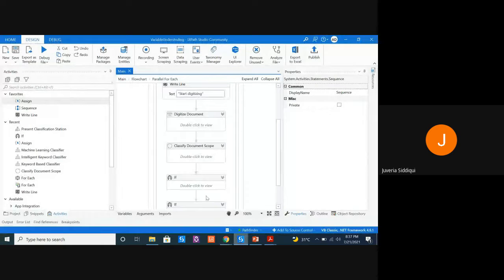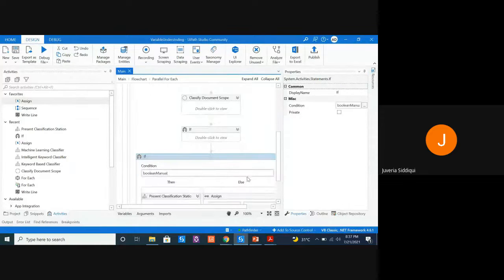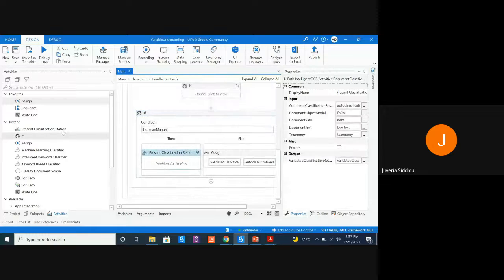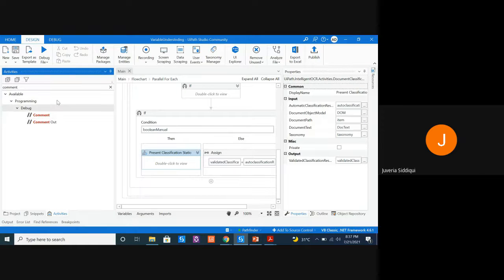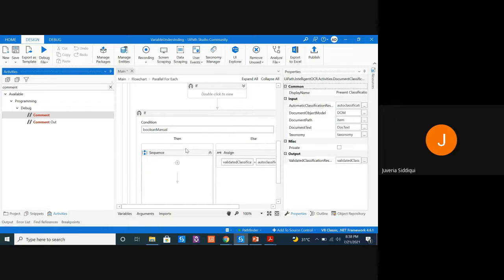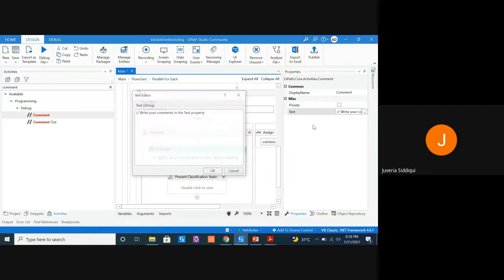So let's get back to our job. Right now this was attended, I'm going to mark this. There is one best practice, take a note. Whenever you're coding, whether it be UiPath or some fancy application, make sure your code is always readable. How do we do that? We usually add comments. UiPath has an activity called the Comment activity, which you can use. I'm going to do that so that when I share this code, you know what I've shared with you.